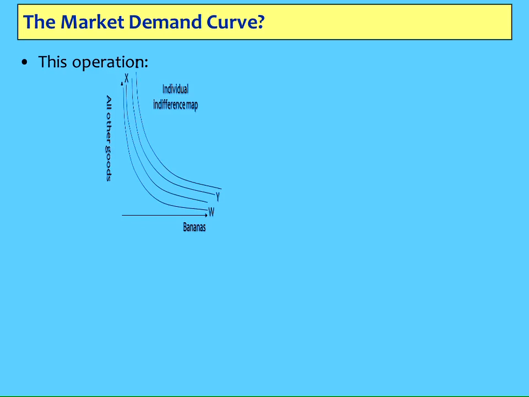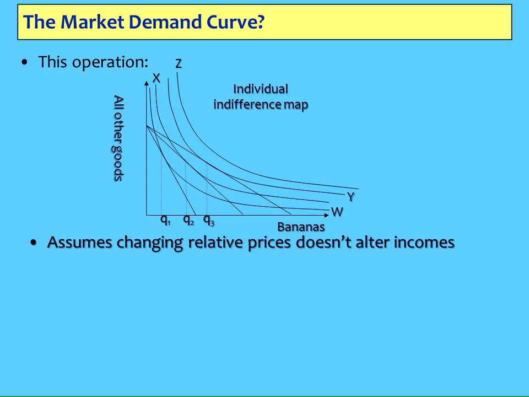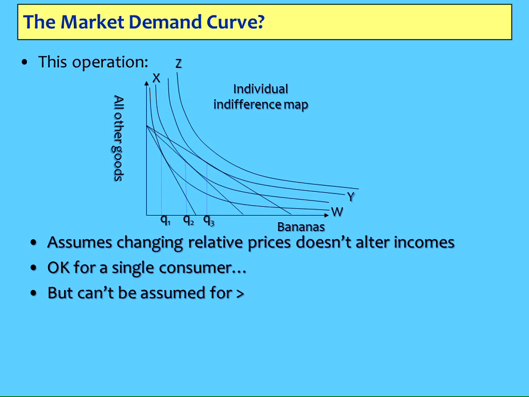So here's our operation for an individual consumer, which you start from before you can fix in compensated trick. That assumes that changing relative prices doesn't alter the income because you remain at this pivot point. The income is represented by that point there, that doesn't change. Now that's okay for an isolated consumer. If you're considering a single consumer and trying to derive that consumer's demand curve, that's all right. But you can't do it for more than one consumer,